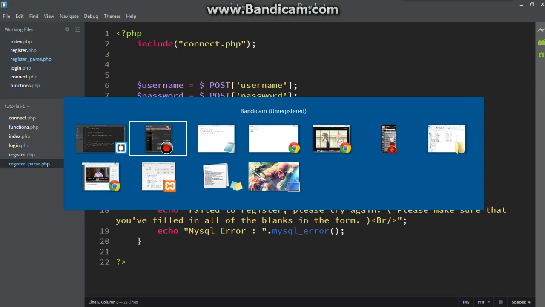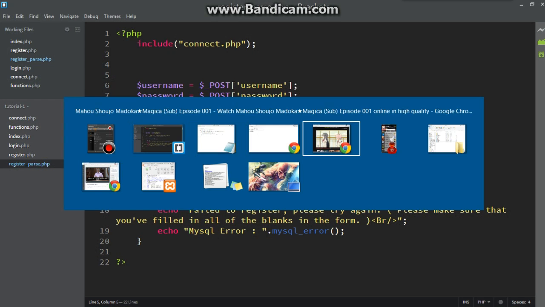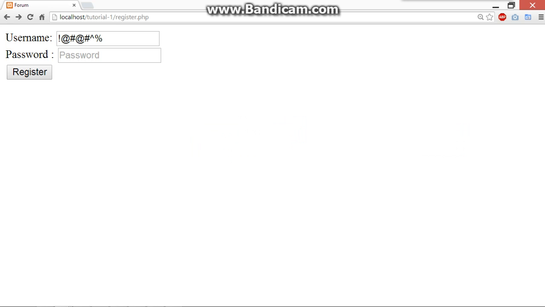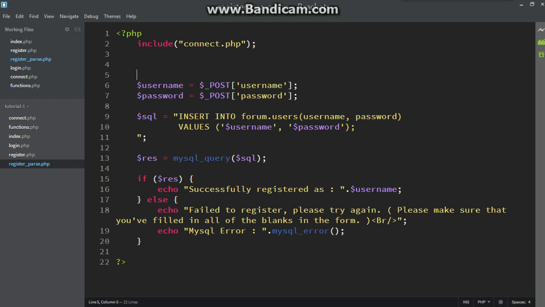Hello people, so in the last video we have managed to input the username and password from the register page, store them into the database from the register parse page, and now we're gonna add some additional checks for the username and password to see if they are eligible to be stored in the database. First thing we have to check is if both username and password fields